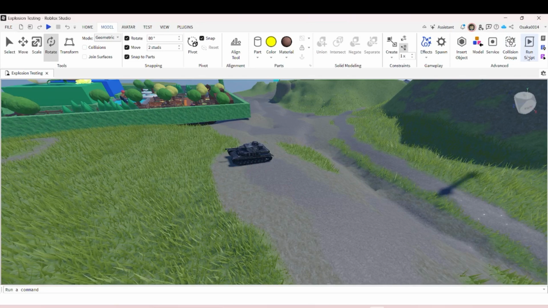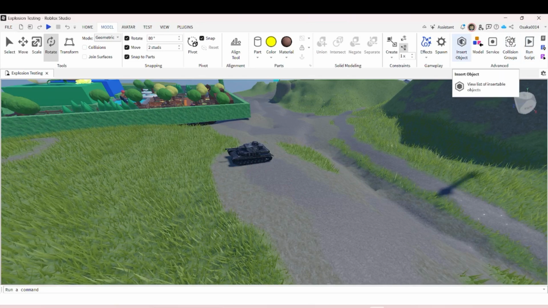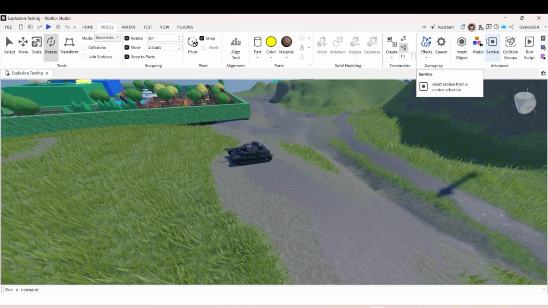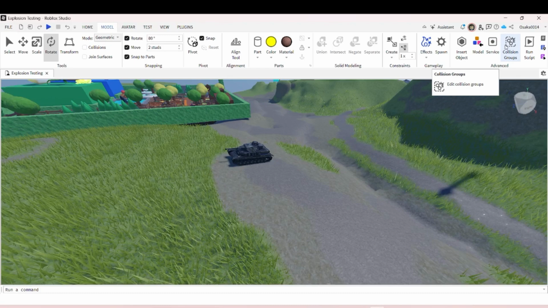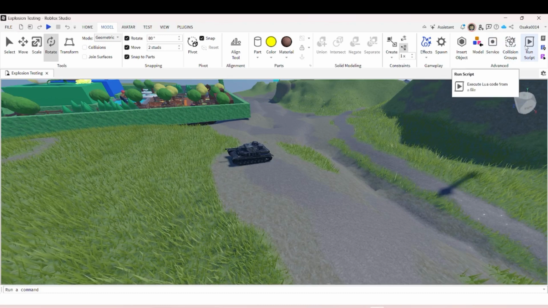And here you can use this as a 3D import, where you can insert an object and you can put in files, and you can insert